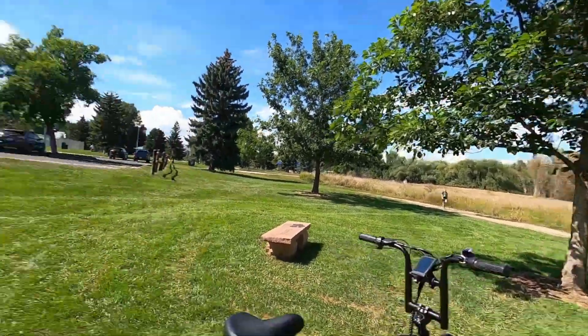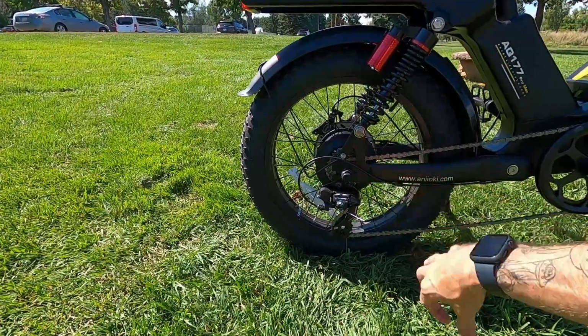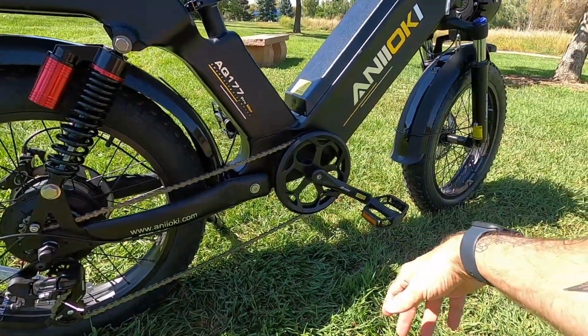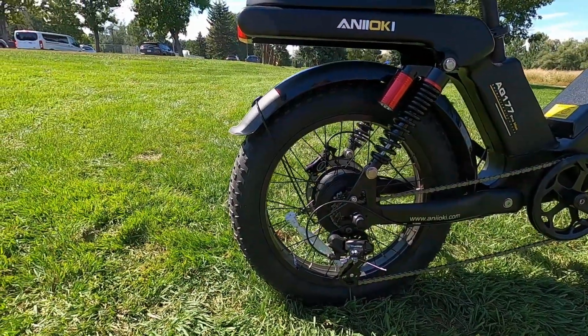So let's talk about just the bicycle components on here, the human-powered side of things, what you're going to be interacting with if you're not using your electric assist at all. It's basic to middle of the road, depending on the components. The drivetrain here is a Shimano Tourney. This is entry-level from Shimano, but it's still Shimano, and they make pretty good quality stuff. You've got a good double-sided bash guard on here, to keep your pants and other debris from getting tangled up in the chain. The tires on here are unbranded